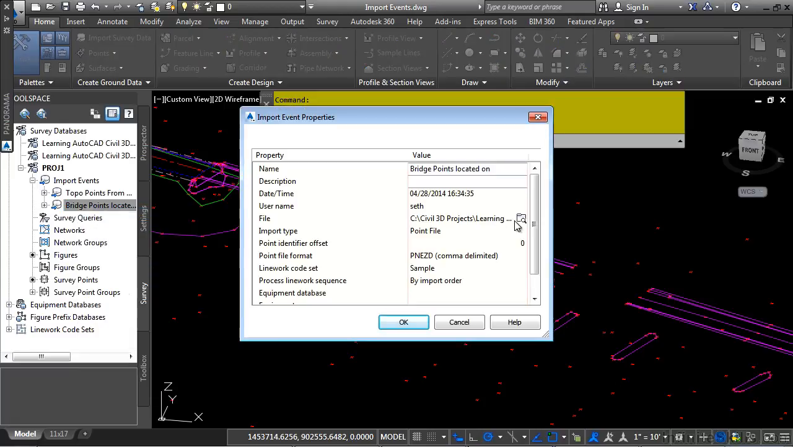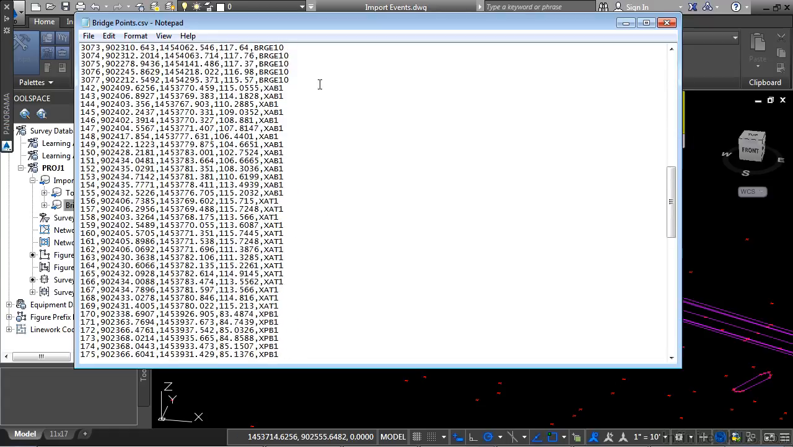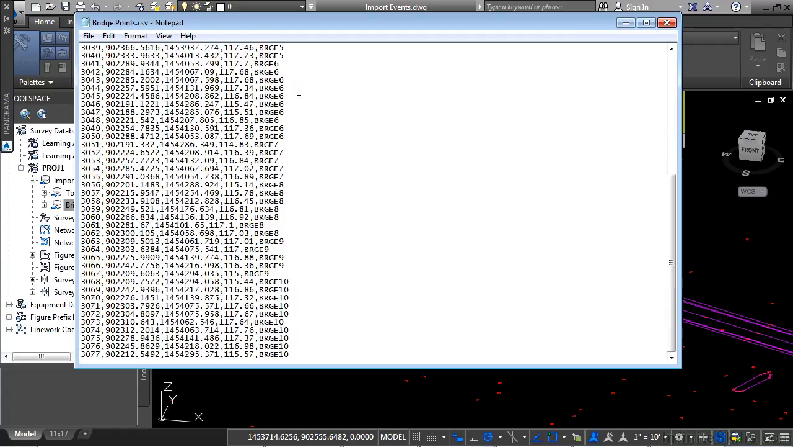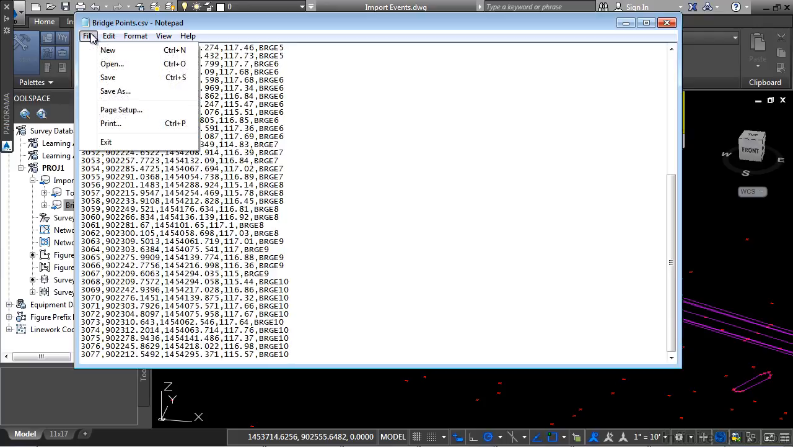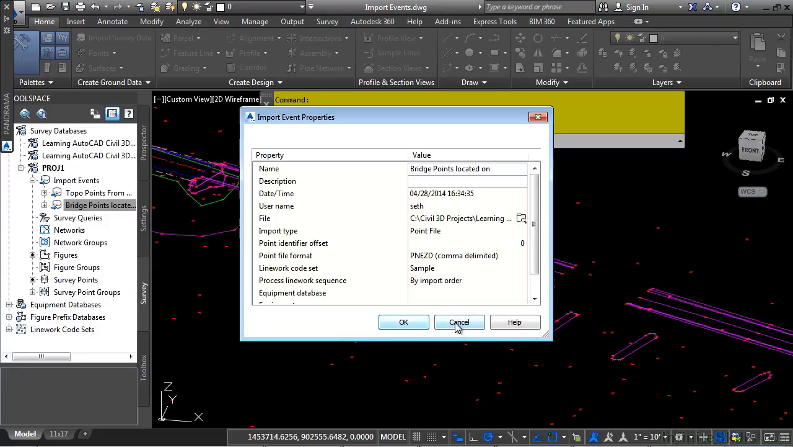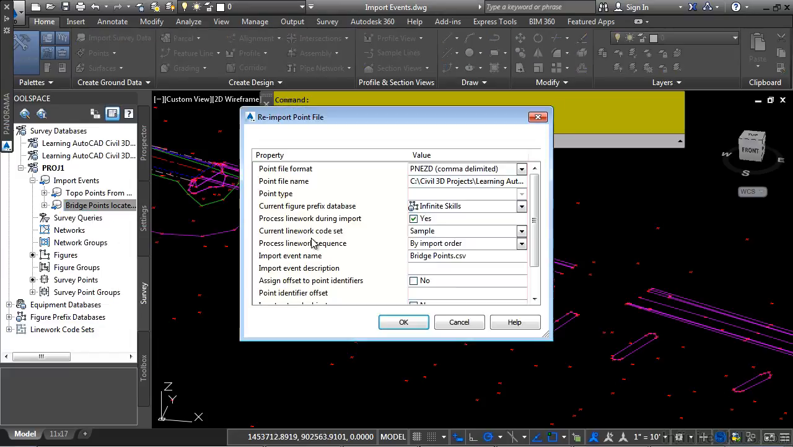Notice this option that says File. You can click on this little Browse button. It opens up the file. What we need to do is get rid of any of the points that begin with the letter X. So we'll do a Control-Shift-End to select them and press Delete on the keyboard. And now let's save this file. Close out Notepad, click Cancel on this, and you can simply right-click on there and choose Re-Import,